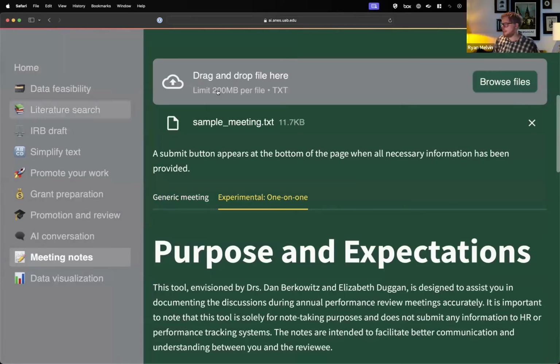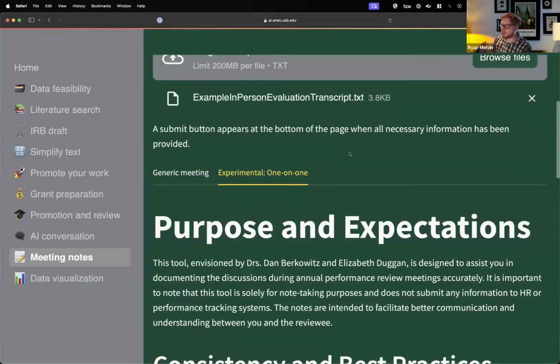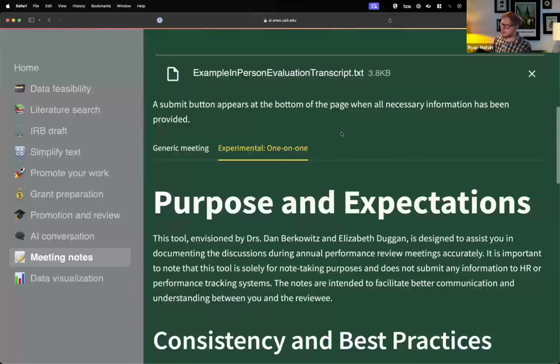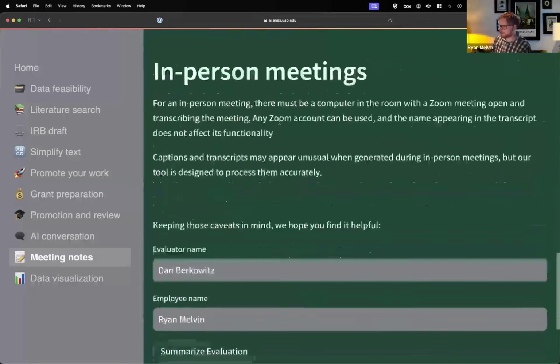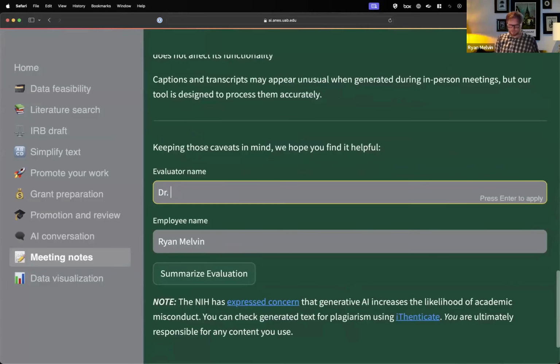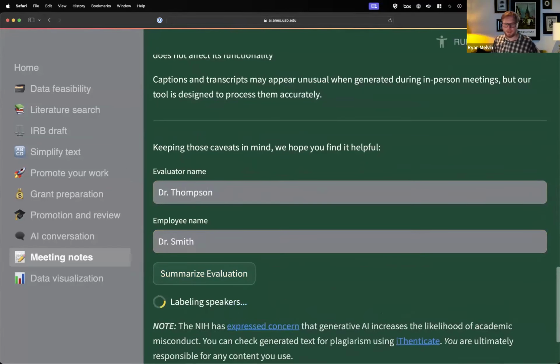Something that we tried out this year that is somewhat popular, and I know at least 2 departments are using this, is if you have Zoom either in person or virtually, it doesn't matter which one you pick, keep a transcript of an evaluation meeting with an employee, and then you upload that evaluation meeting. We have lots of notes and instructions and caveats for responsible use. But if you put in the supervisor and employee name and ask it to summarize the evaluation,